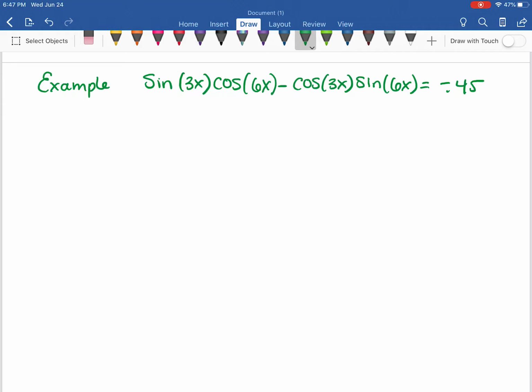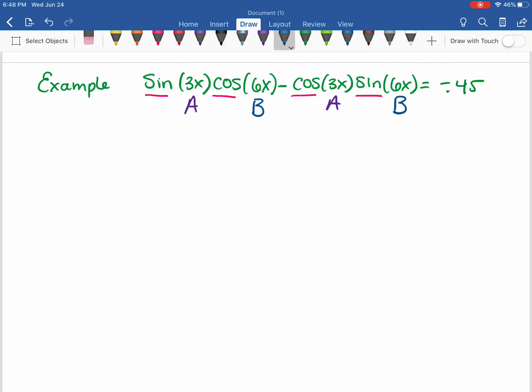In this video, we're going to solve a basic trig equation using the sum and difference of sine and cosine identities. Now, if you notice in this example, I have sine of an angle, cosine of an angle, minus cosine of an angle, and sine of an angle. If we label 3x as angle A, and if we label 6x as angle B,